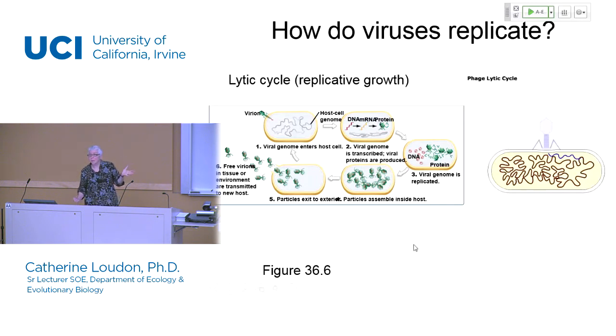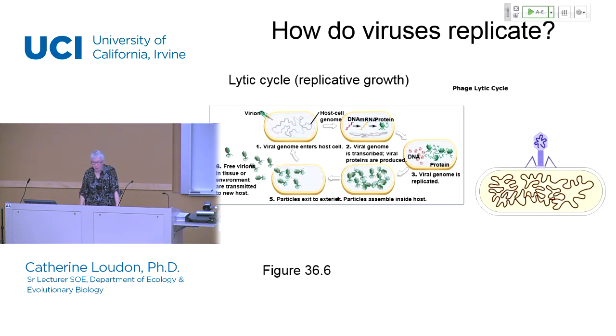What are these proteins that have to be made? The capsid, right, the name of the protein-based structure that surrounds the nucleic acids, and also any enzymes that the virus has to provide because it's not part of the normal host cell biochemical machinery. Let's go on to the next step here and consider what happens next.